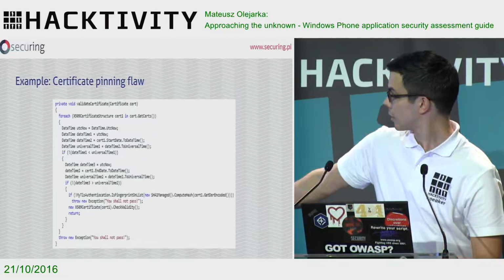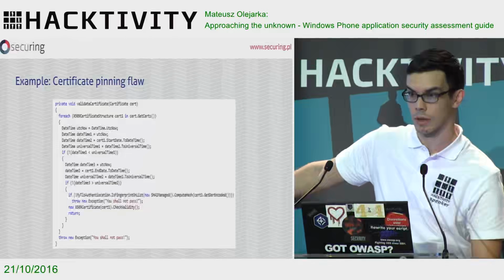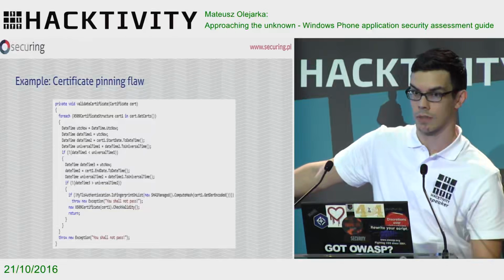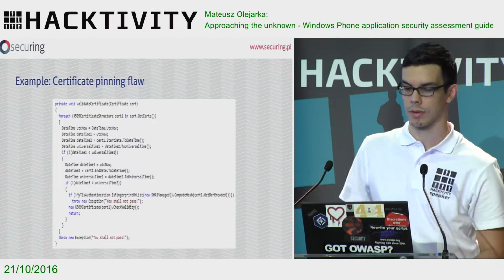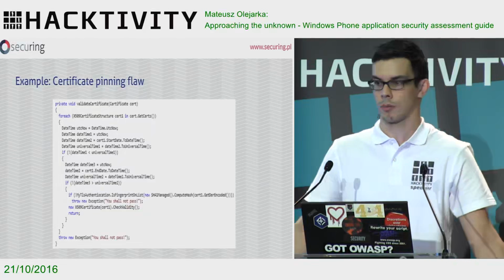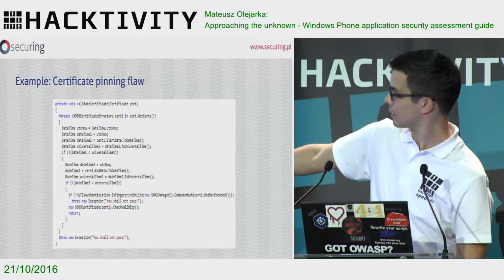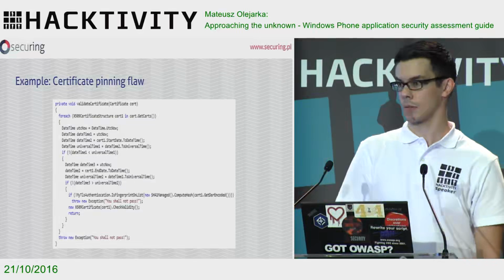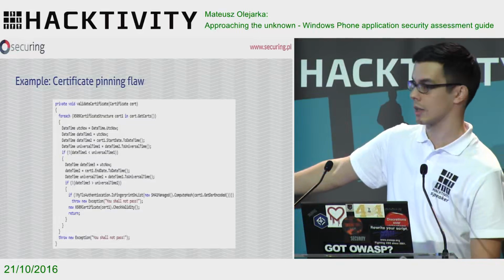So if the hash, this is the whole certificate, right? If it will change on the server side, the application will not connect to it. It doesn't matter if for example, it will be correct certificate, right? But newer version, which wasn't placed in this list of accepted fingerprints. You cannot take whole certificate, just few data from it.